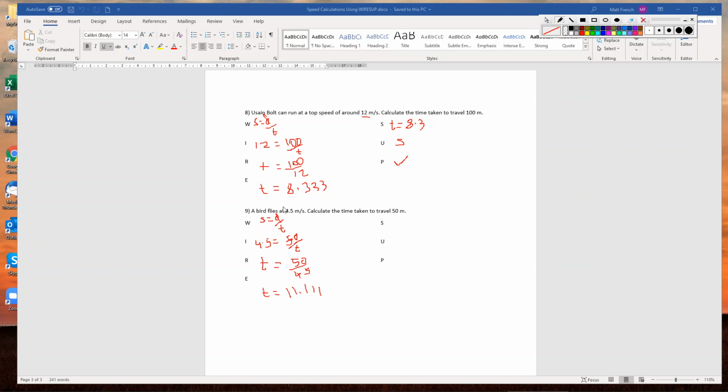So we need to check sig figs again, because we don't want this recurring number as an answer in physics. So we've got 2 sig fig there, and we've got 2 sig fig there. That's 1 or 2, 50. But 2 sig fig, so to 2 sig fig, this is just 11. The unit, well, we had a speed in meters per second and a distance in meters. That's going to give us a time in seconds, 11 seconds. But is that plausible for a bird to fly sort of the length of a football field? Yeah, I think so. Okay,